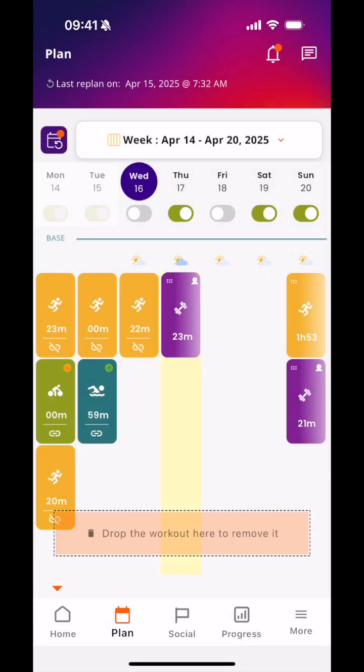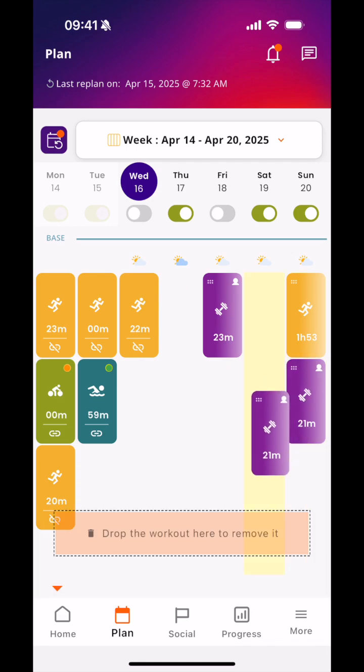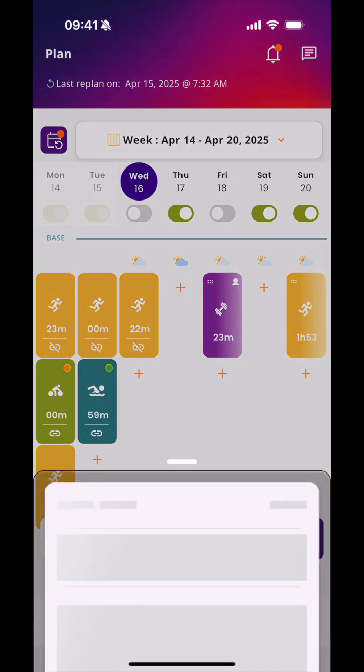If I want to move a workout around, I simply press on it and then drag it to a space. If I want to delete it, I'll press it and drag it down here. If I want to view a workout, I can simply tap on it